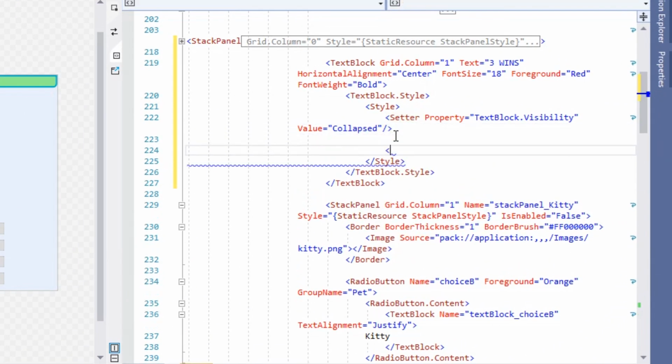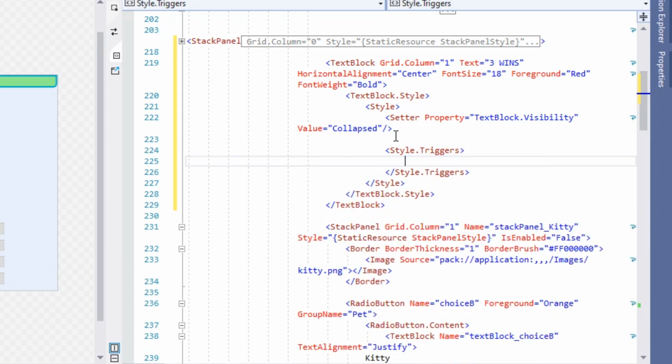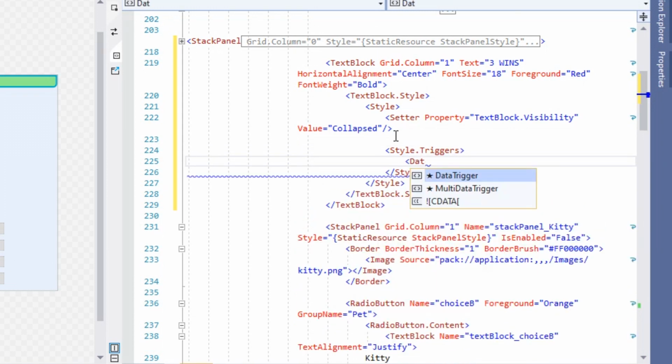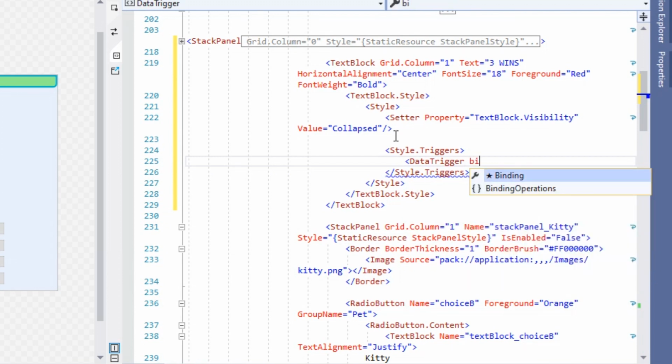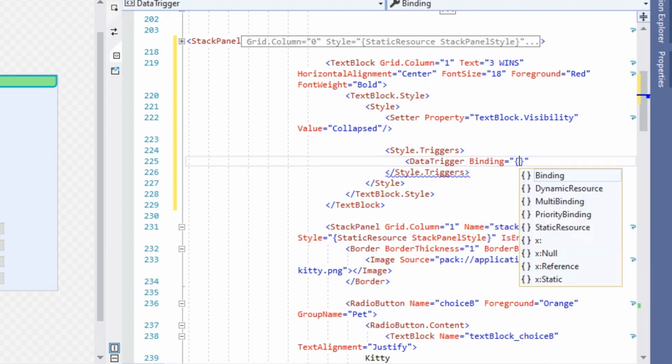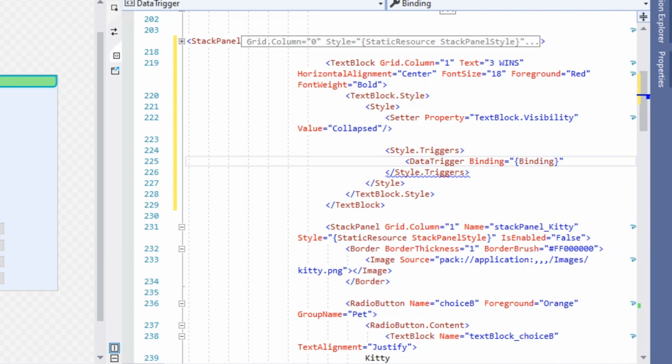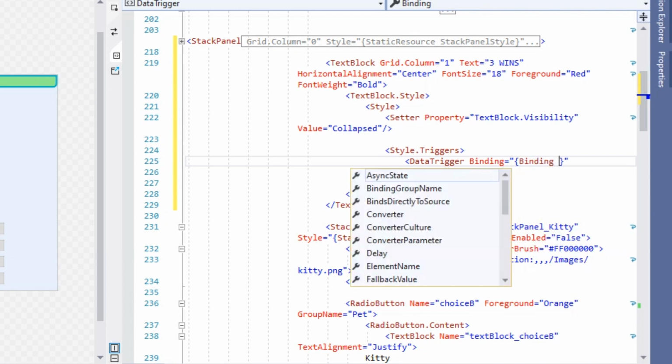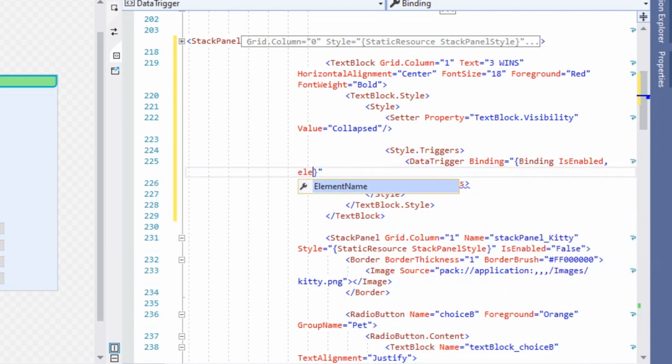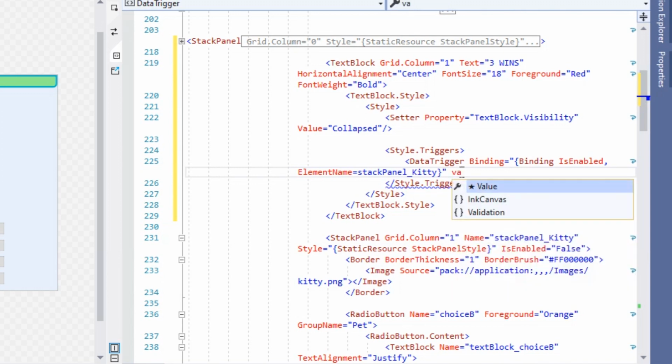Then we add triggers. So style triggers, put a data trigger which will bind to the stack panel itself. We are binding to the property called IsEnabled of the element name called stack panel kitty, and we check if the value is false.